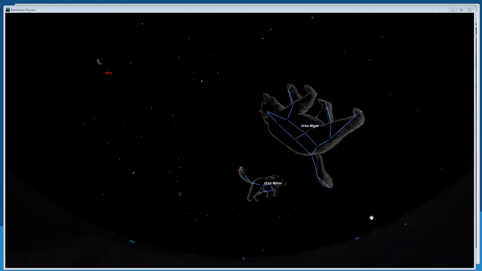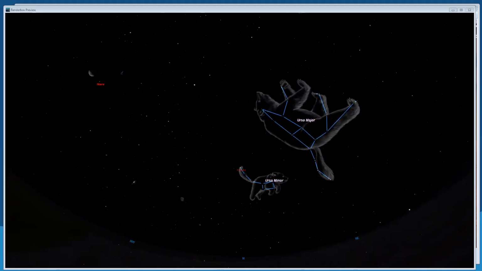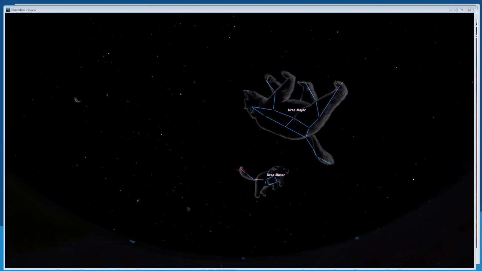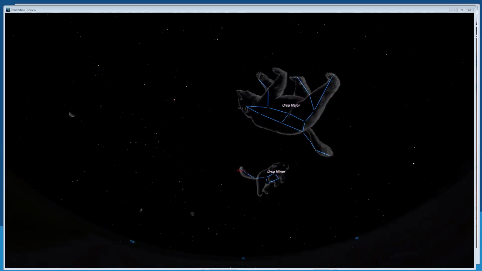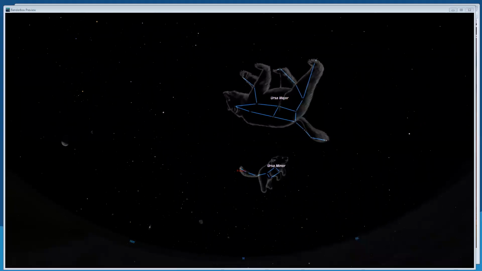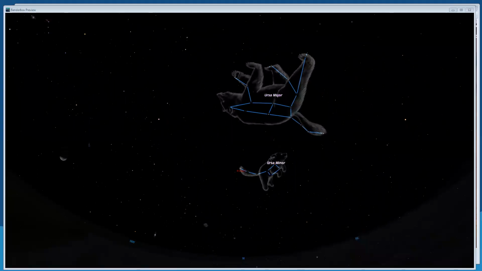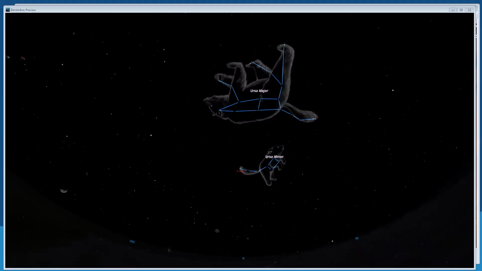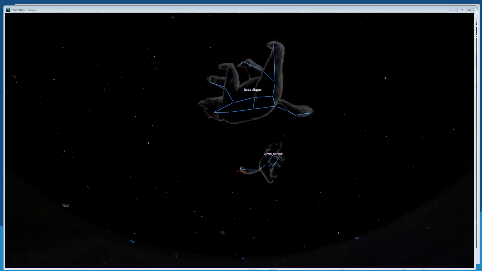Looks like all the other stars are moving around it. Remember, that's actually the Earth rotating on its axis. It's just that our North Pole axis is pointed right at Polaris. So that's why Polaris seems to stay still in the sky.